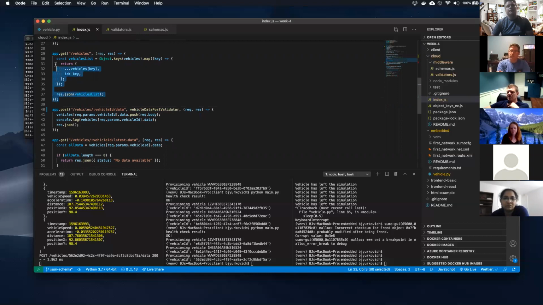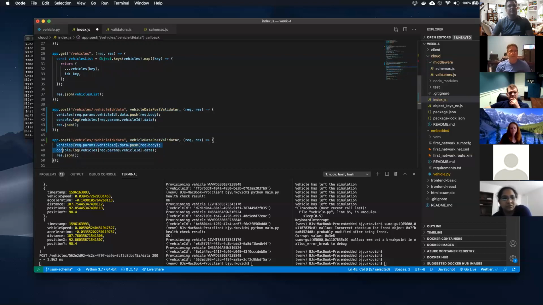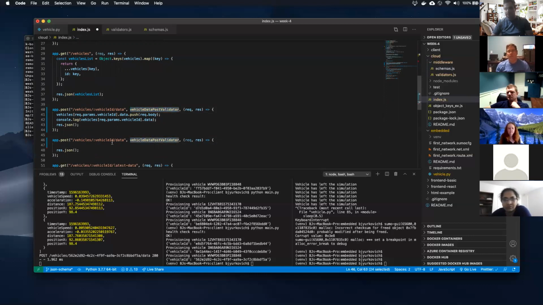Here's an example. Let's say I wanted to make another post route right here, right? And it actually had the same validator. It actually had the same JSON schema, which is pretty common. I can reuse this function here. So I can copy and paste this. It may have a different implementation in here. It may not do anything here, but I may want to reuse this validator, right? And so that's a very powerful thing, so that I only have to change it in one place if this changes. If I would have implemented directly here, I would have to change it in both these places, to JT's point.